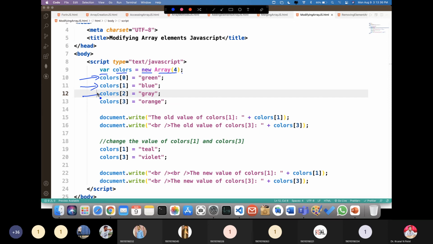We are adding elements like this, the normal way, indexes 0, 1, 2, 3, and 4 colors we have added. Now individual elements you can access like this. You can change the elements like this and display it. So this is another syntax to create the array, access the elements, and change the values of the array.